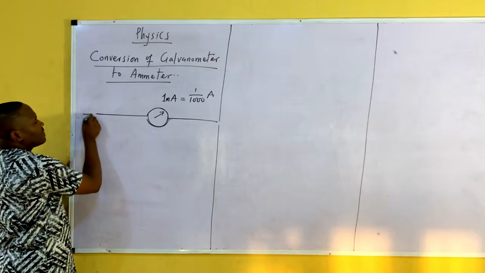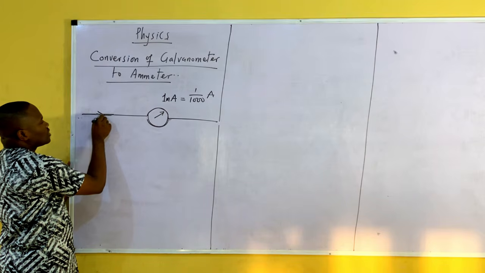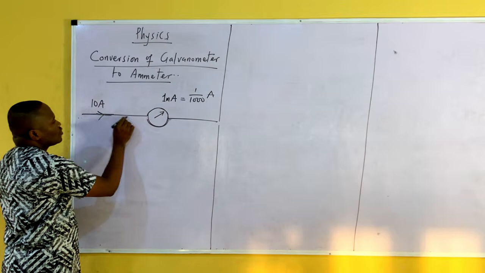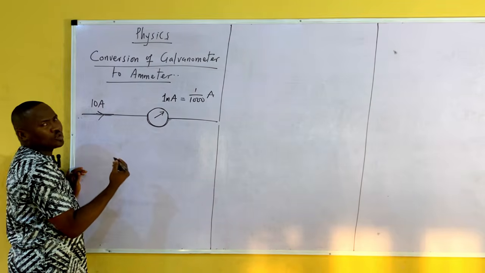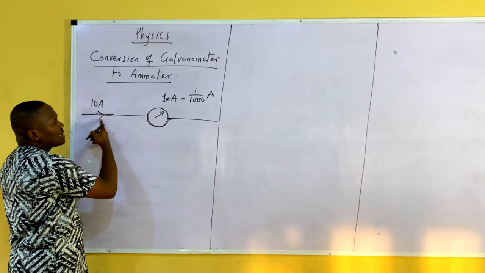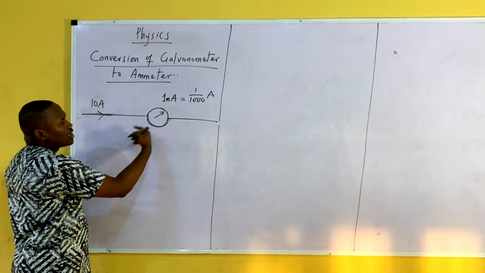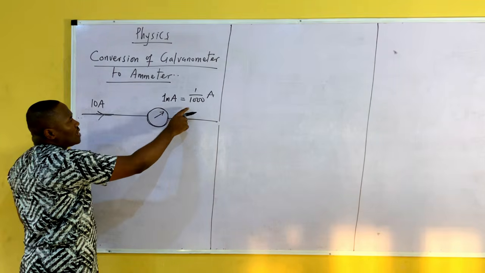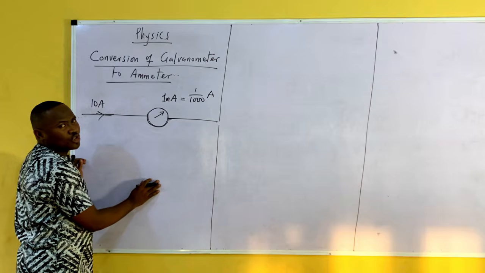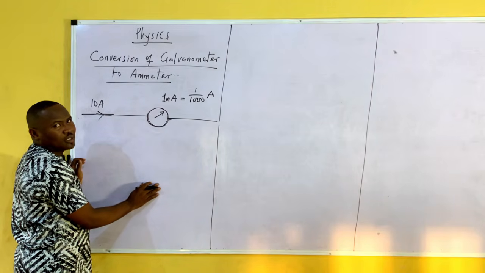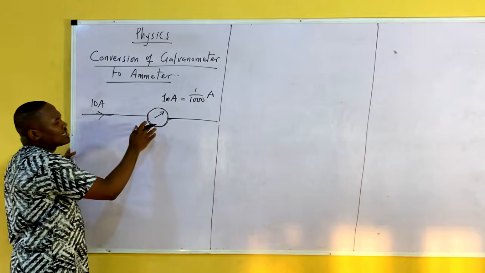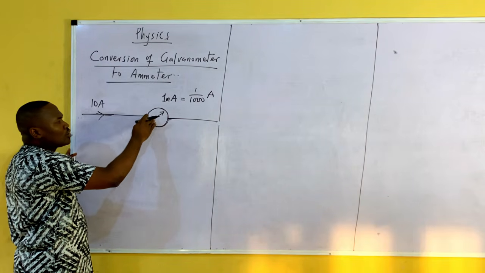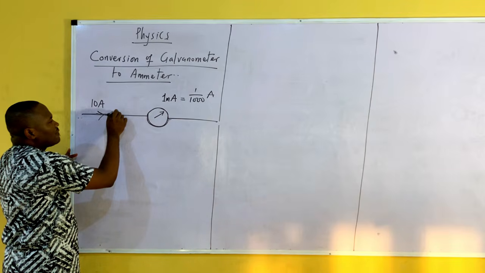Now, I have a huge current of about 10 ampere coming into this galvanometer. What will happen if I allow this 10 ampere to run into this appliance? It will blow it off, because what it is able to read is 1 milliampere, which is 0.001 ampere. Now, to salvage this damage from occurring,